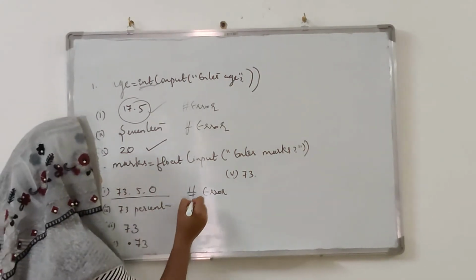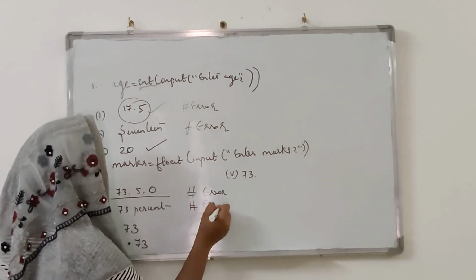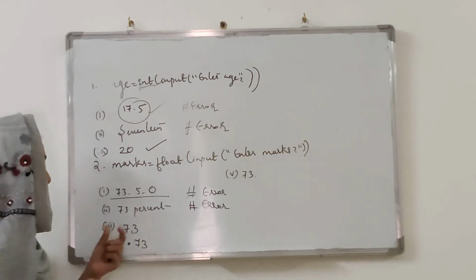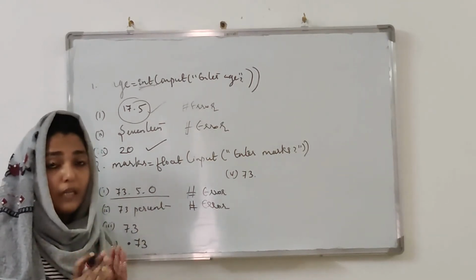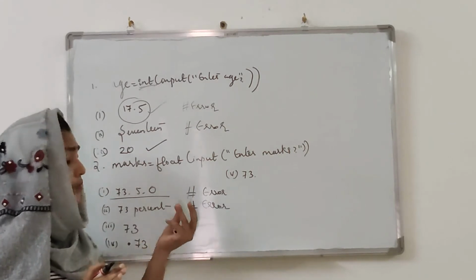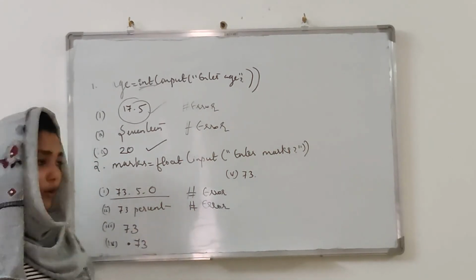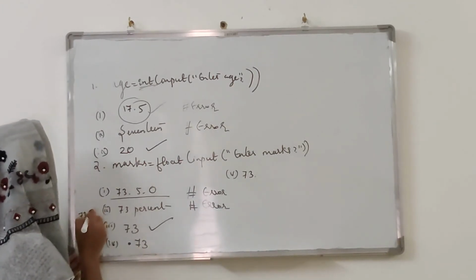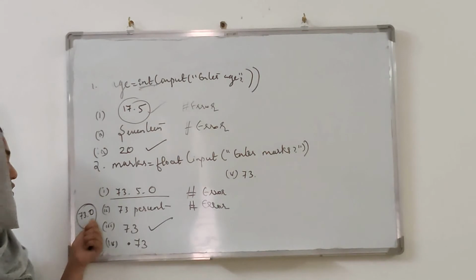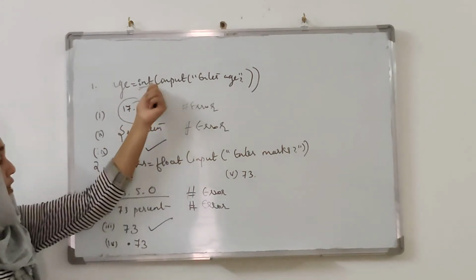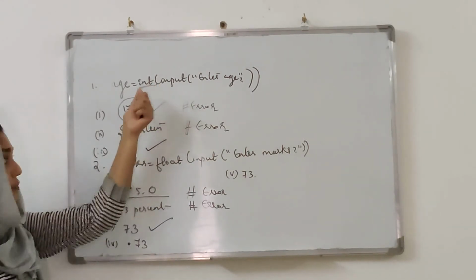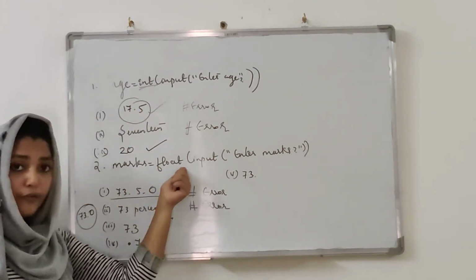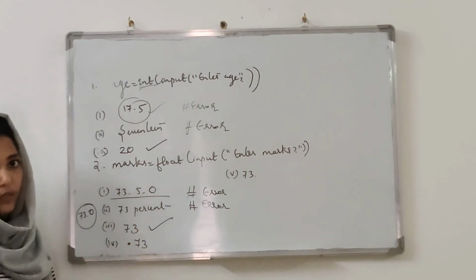In that case also, this is not a floating point value. Error message will be displayed. Third one is 73. Even though 73 is an integer, all integers can be converted by the system directly to float. So this will work because it will be taken by the system as 73.0. If we use the int function, we can't use floating point values there.